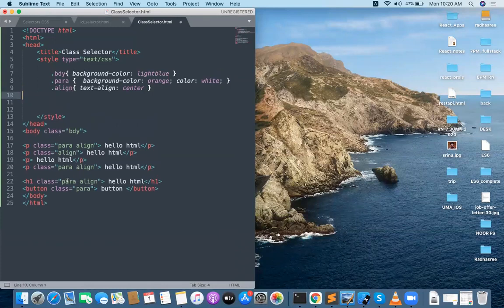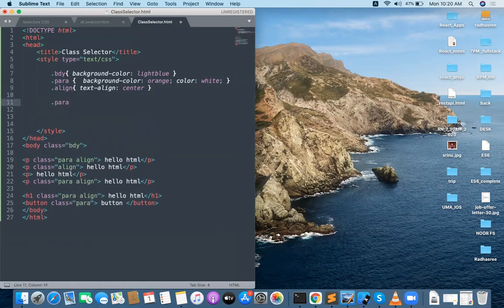What I want to do is, okay, dot para and a dot heading. Dot para comma dot heading. Two classes I can represent at the same time, and the color should be red. What is it going to be applying for dot para? Where is the dot para? Dot para is available somewhere, and anywhere heading is there. We don't have any heading class, right? No. We don't have any heading class. Let me provide a heading class here.